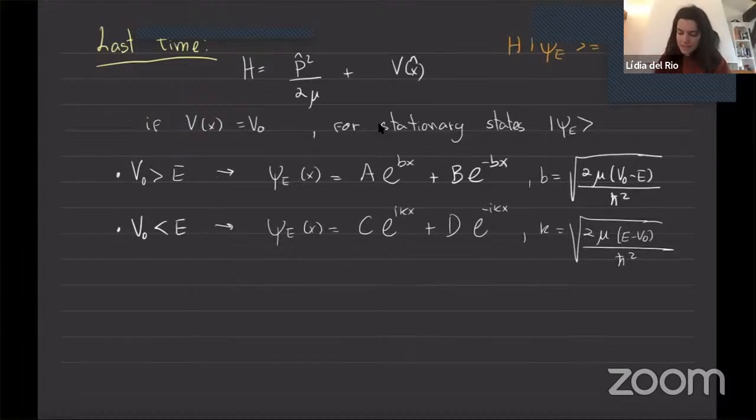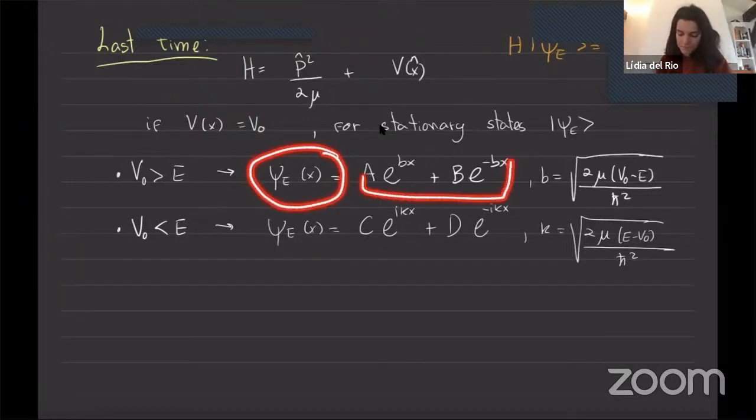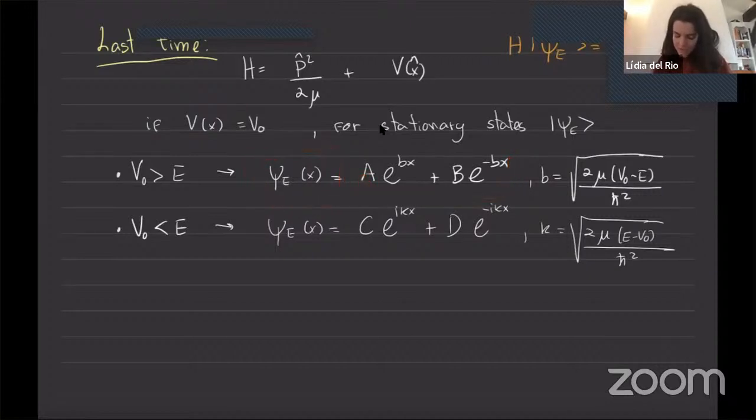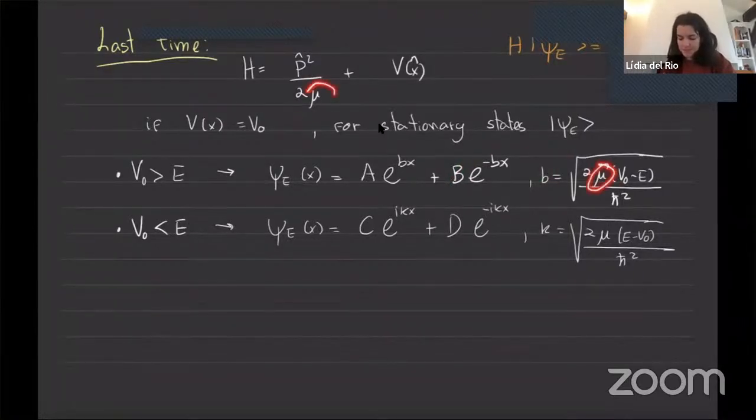Either the energy of the state is higher than this V0 or it's lower. If it's lower, we saw that the wave function is a superposition, a sum of exponentials: there's an exponential that goes like this, and there's an exponential that goes like that. Depending on the conditions of the problem and normalization conditions, we sometimes set one of these to 0. And this B coefficient depends on the mass of the particle, on h bar,